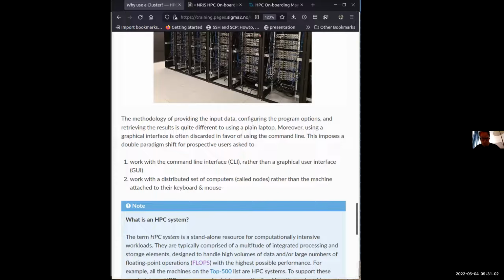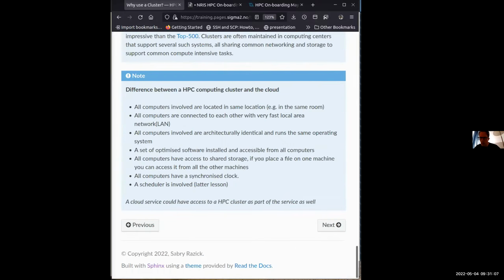The other thing I wanted to mention, and it's the last bullet point if you scroll down a little bit in the notes, is that now we have this really powerful system, lots of racks, all interconnected, all this power. And now we have, I don't know, 2,000 people who want to use it, more or less at the same time. And now we need a scheduler, because otherwise it would be chaos. Otherwise there would be too many jobs or too few jobs. So we need a scheduler, and we will discuss that, that makes sure that we don't overuse the machine, but also that we don't underuse the machine.